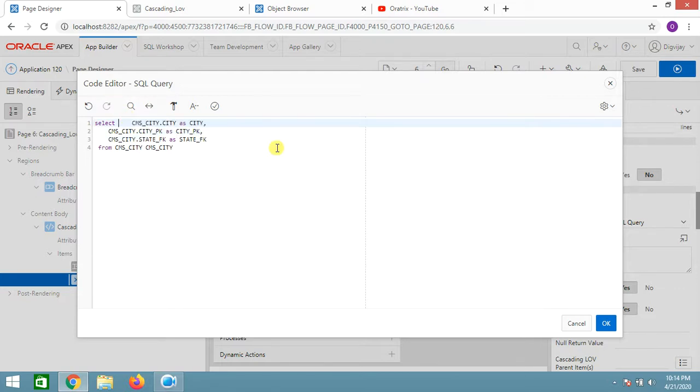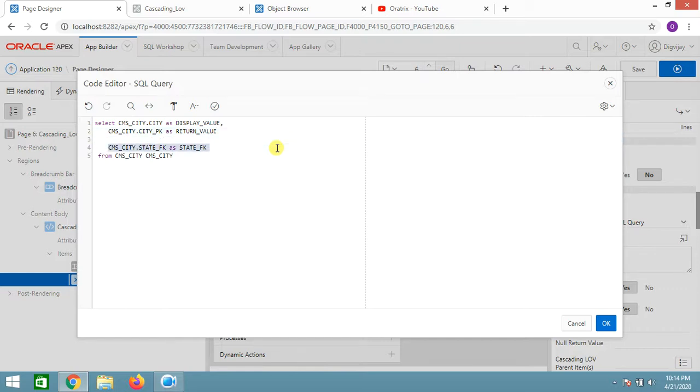Now I want my CMS city.ct as display value and pk as return value. Okay, now it looks good.